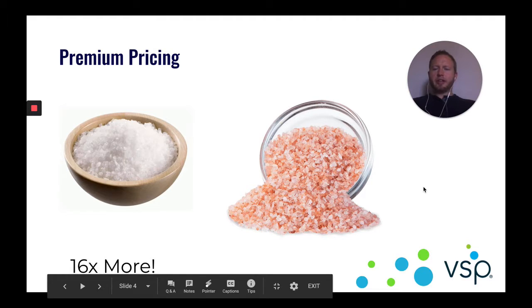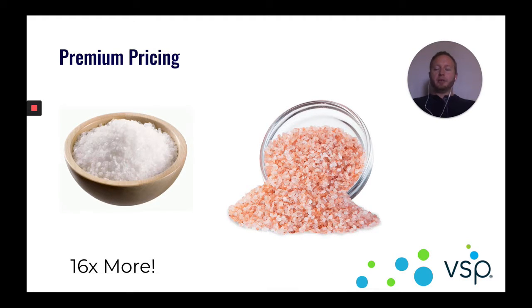And I want you to think about salt. This is like the ultimate commodity. And if you think about the white table salt, everyone has, you grew up with it, everybody has this in their kitchen. And then you look at the pink Himalayan salt. And I'm going to ask you, the audience here looking at this course, how many of you have pink Himalayan salt in your house? And the question I'm going to ask is why?